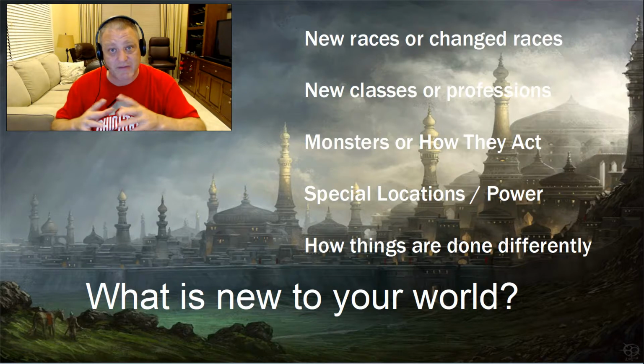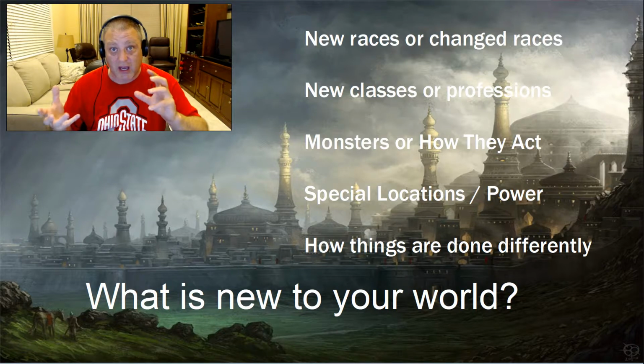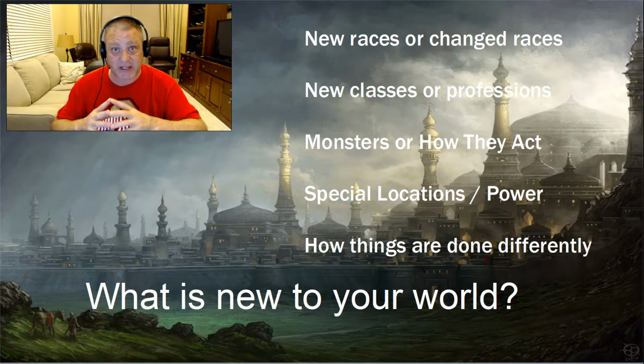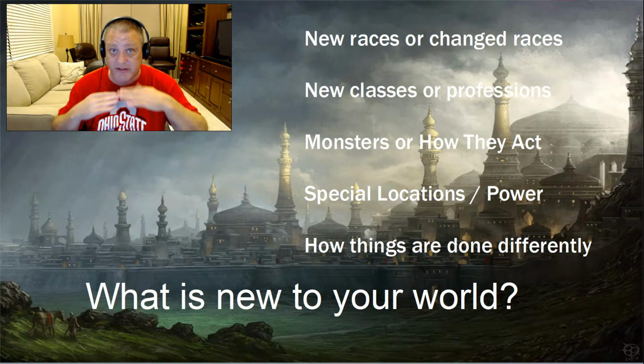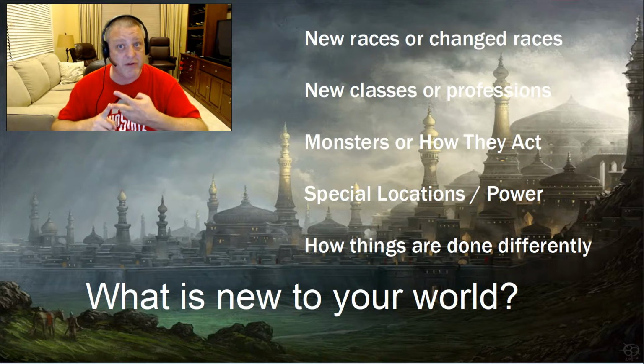If you want to use just a fantasy map to create your own landscape, then you've got to figure out how all this other stuff is going to come into play. Are you just going to use regular, straight fantasy tropes? If we just look at the fantasy worlds associated with Dungeons and Dragons, of course you have Greyhawk, which is the default setting. You have Faerun, and Faerun has special changes to some of the races and some of the classes,